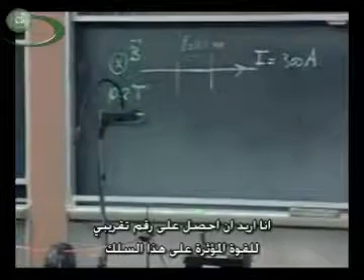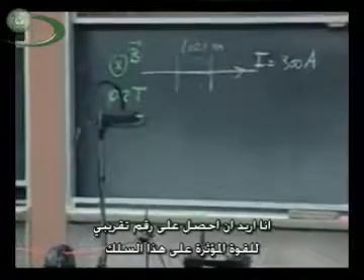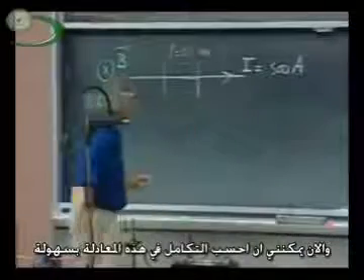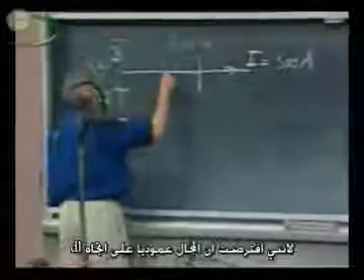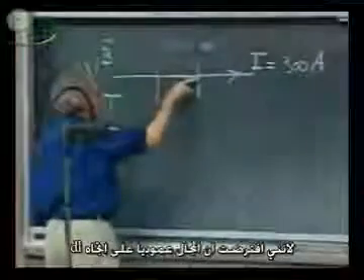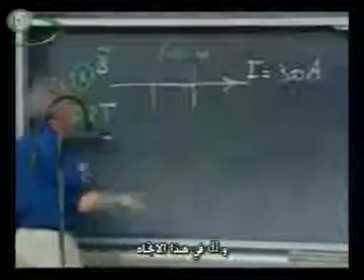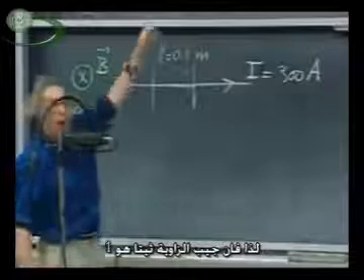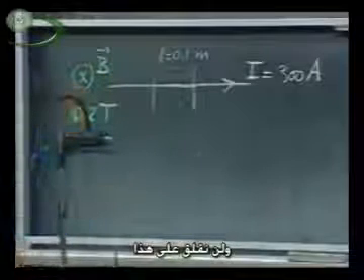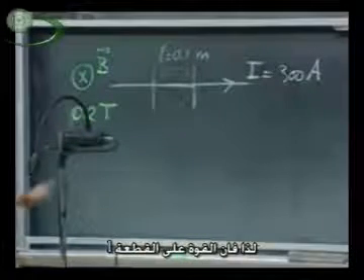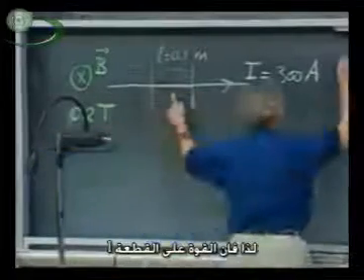I just want to get a rough number for the force on that wire. So now I can integrate that equation very easily because I have assumed that the magnetic field is perpendicular to the direction dl. Because dl is now in this direction. So the sine of theta is 1, so I don't have to worry about that. And so I simply get that the force on this section F, on this